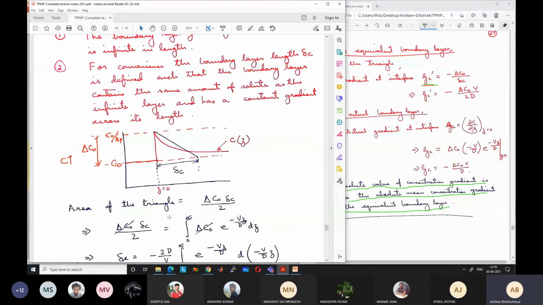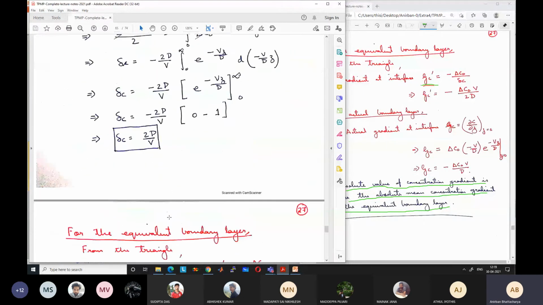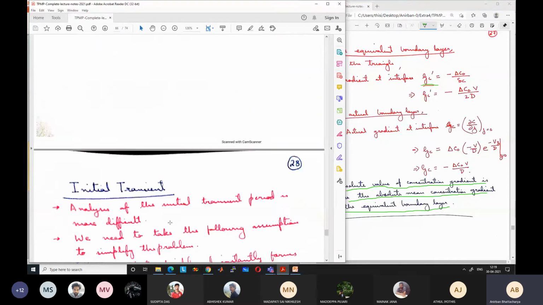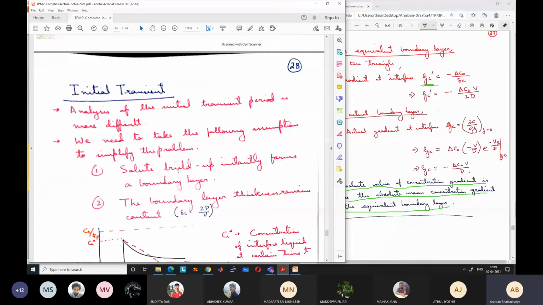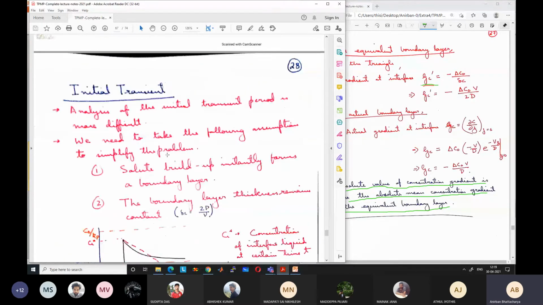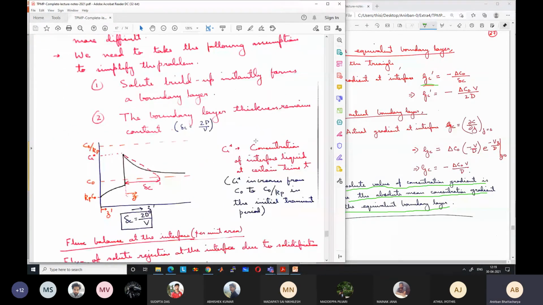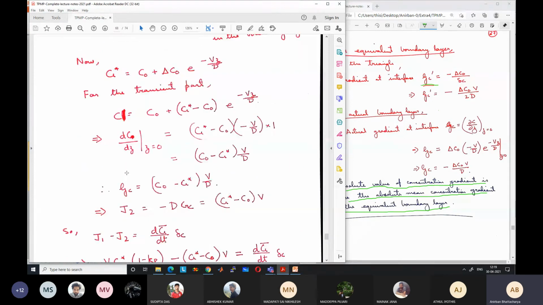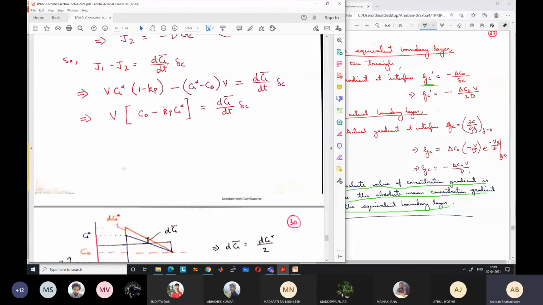So the final process that we are going to study. I will skip these parts. You can note that this is not part of the syllabus. The initial transient part, 3-4 pages are there, we are not going to study this time. It's not necessary. And the final transient part also. The final transient, anyway, I did not study last time also. I just showed how the final transient looks.